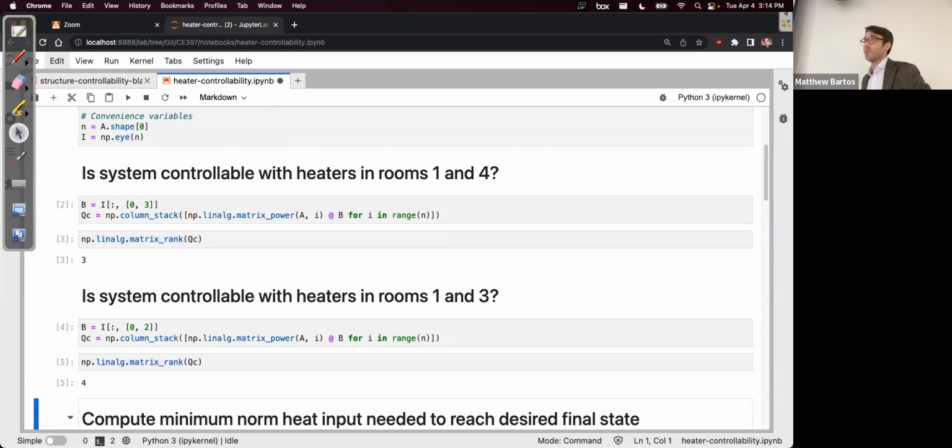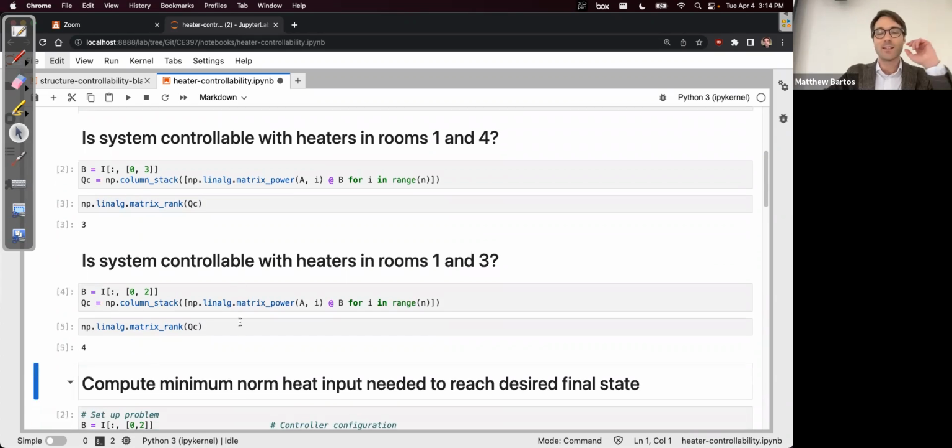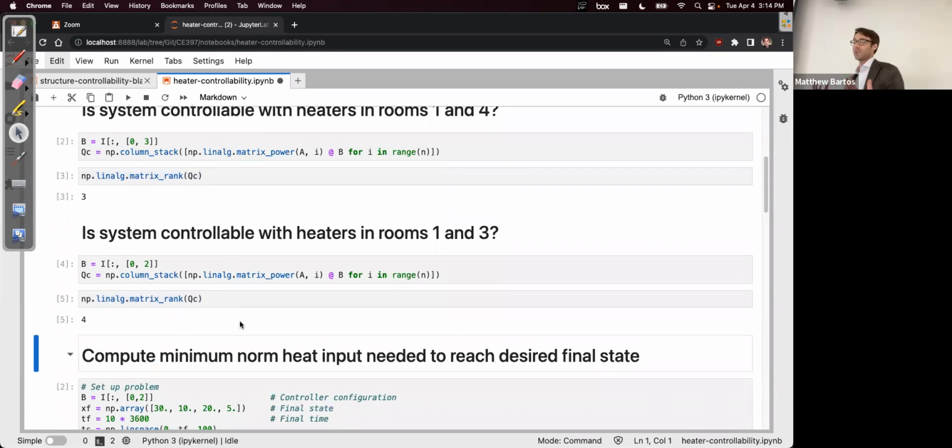And so for this system, it is controllable with heaters in adjacent rooms, but not with heaters in rooms along the diagonal, which is kind of interesting. But more towards my point from earlier, we showed that if you have an under-actuated system, you may be able to completely control the system, i.e. drive it to some desired final state, but getting there might take you through a trajectory that's not feasible in